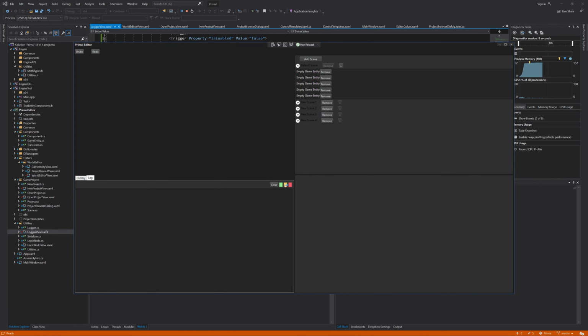So I put these buttons on a border and gave it a nice little drop shadow. And also